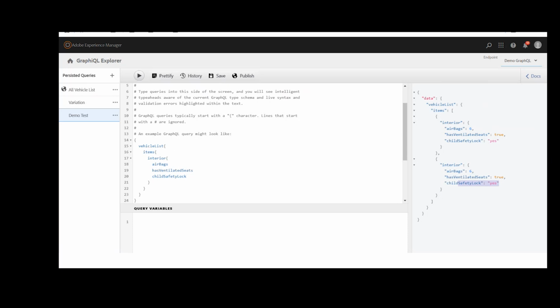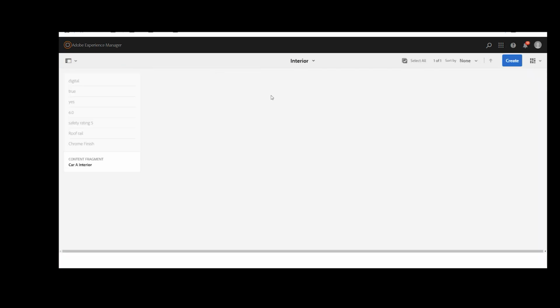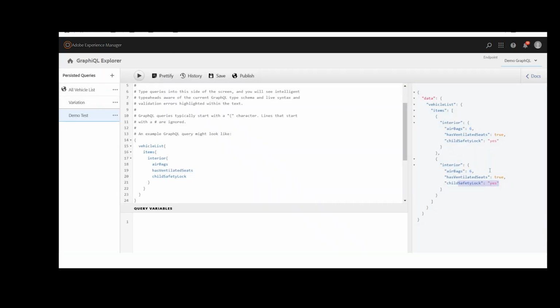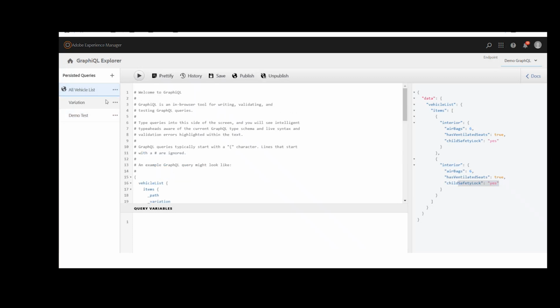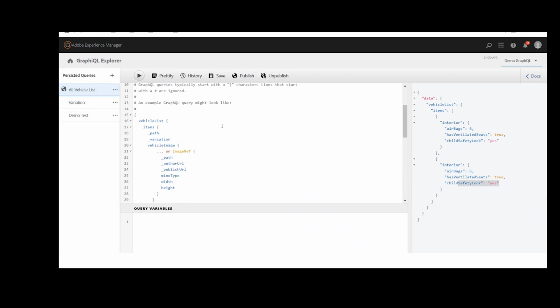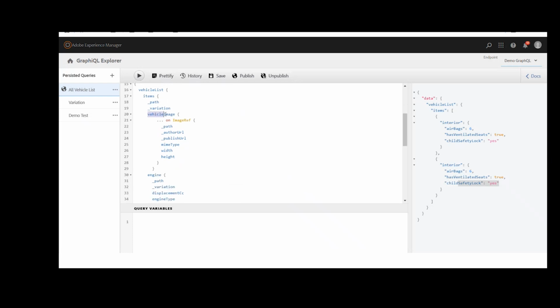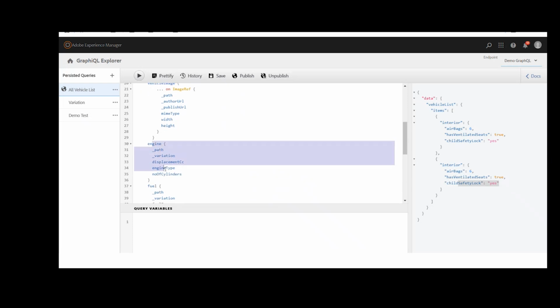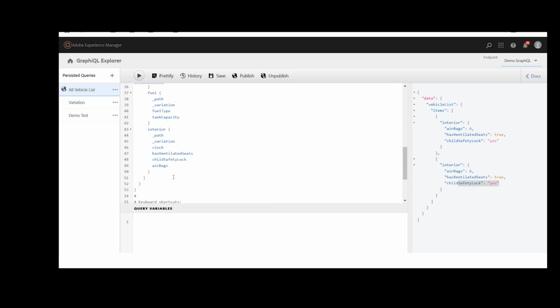So this is how you can add your list. I do have only one fragment in my section. That is the reason it is not showing multiple. But if you are having multiple, it will show you multiple options here. This is one of the cases of how you can add the list. Now let's talk about the overall vehicle list, because vehicle is having multiple lists. And I do have already added something like vehicle image and the engine information, the fuel information, and interior information,